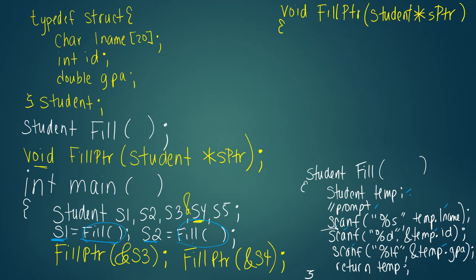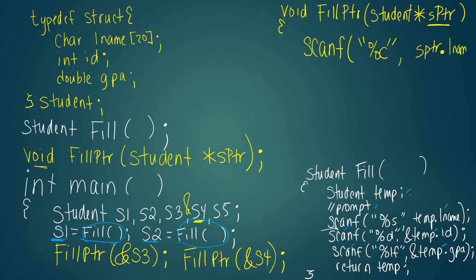So how does that work? Well, you would have to prompt, of course, but I don't have space. With scanf, if I want to go into the %c for the last name, the name of my student pointer is going to be SPTR dot